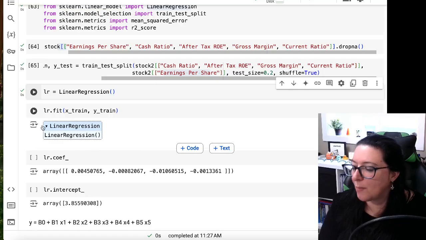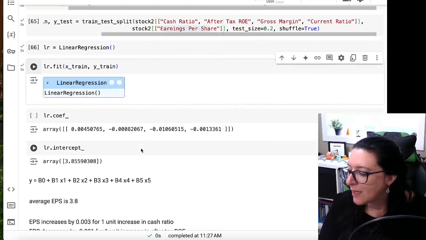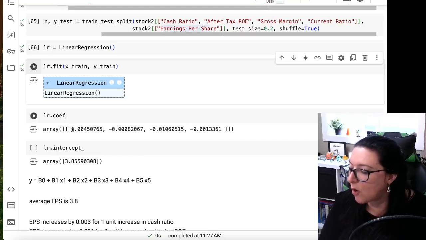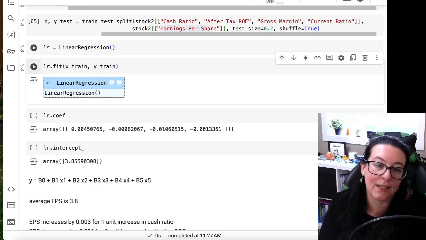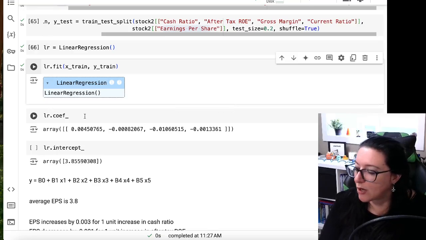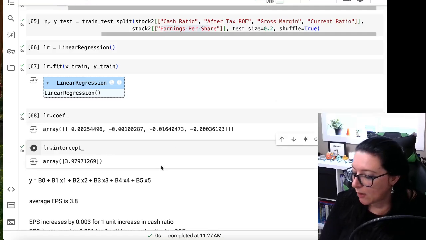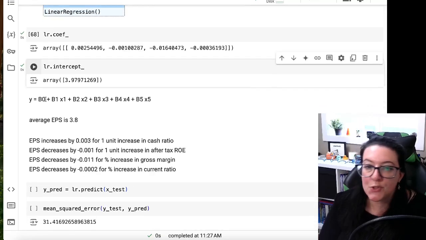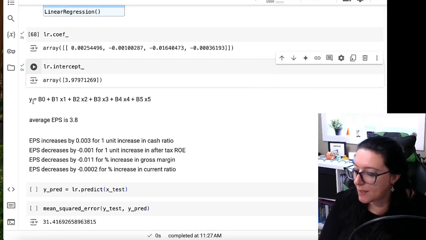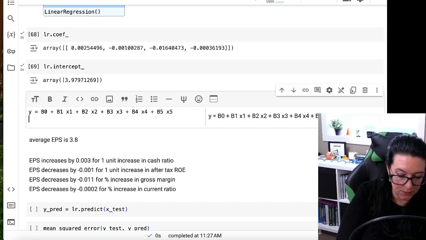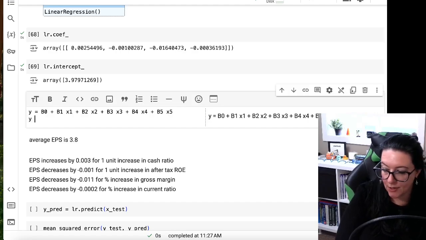So here we call the model, we fit the model. Our focus in these particular videos is on the coefficients, so we can call those. If we named it LR for linear regression, we could do lr.coef_ with the little underscore there. That will get us the values of the coefficients, and we can do lr.intercept_ to get that. With linear regression, our formula is y equals the value of the intercept. So if we were to write this one out, y, which here is our earnings per share, is equal to